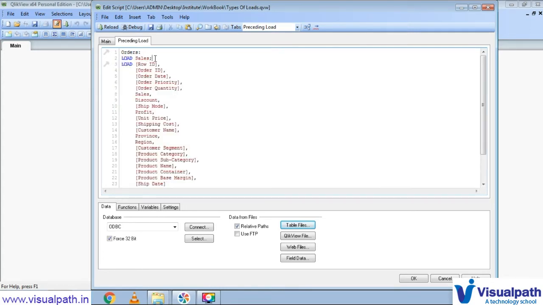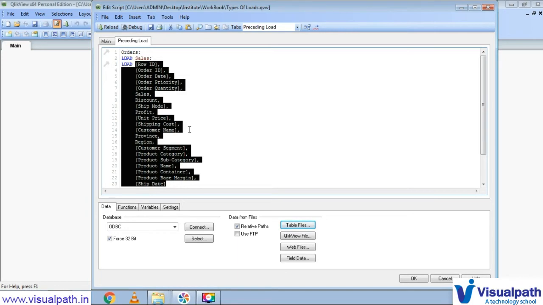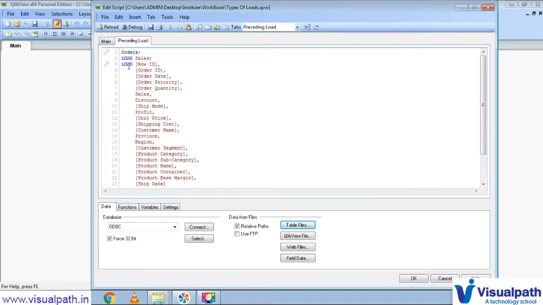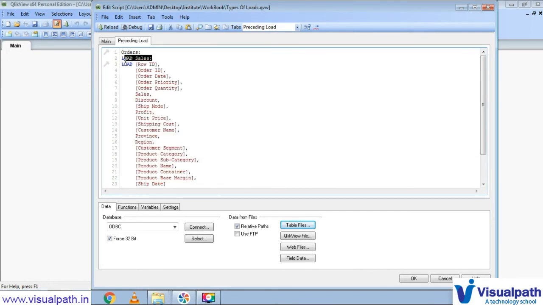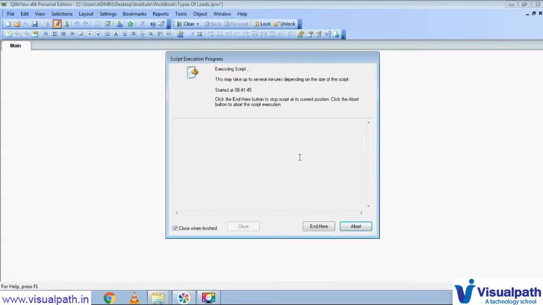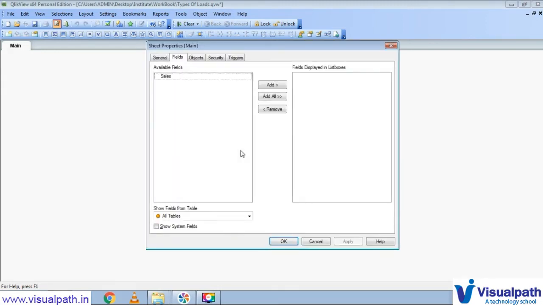So this table is now going to load the sales field from the same Excel file, but it will be ignoring all other columns. This is our default load, which is our original load, but we are doing a preceding load and keeping one single field. So let me save it and reload it. Okay, the file is loading and we can see only the sales field is available.